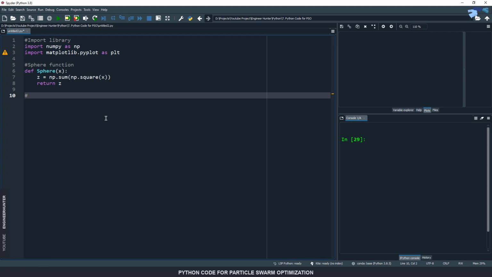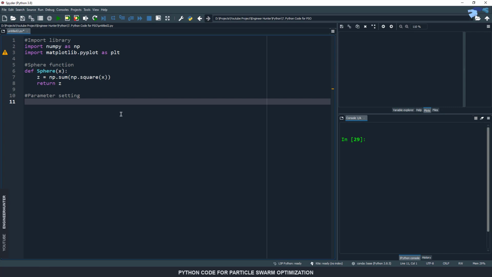But before we start the algorithm, I want to define some values of the parameters of the algorithm. So this will be the parameter setting,